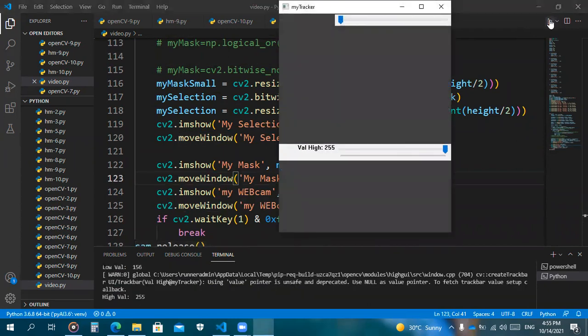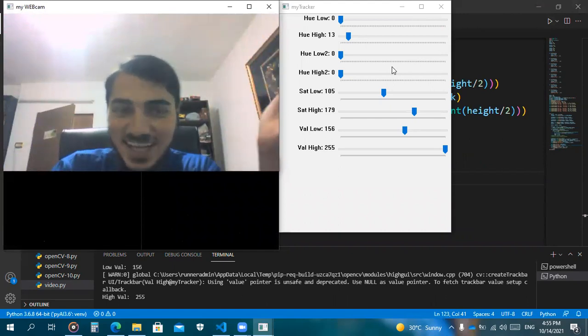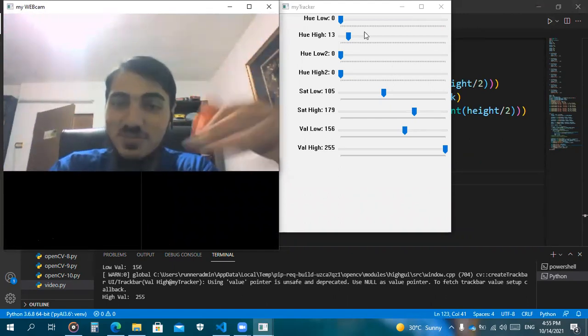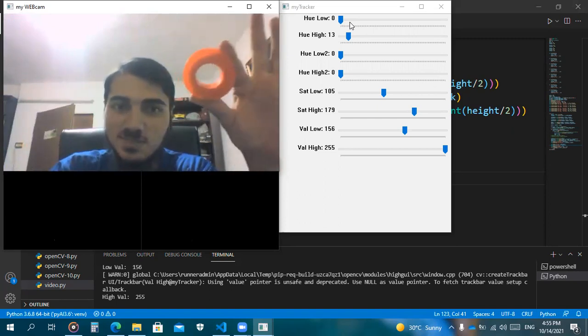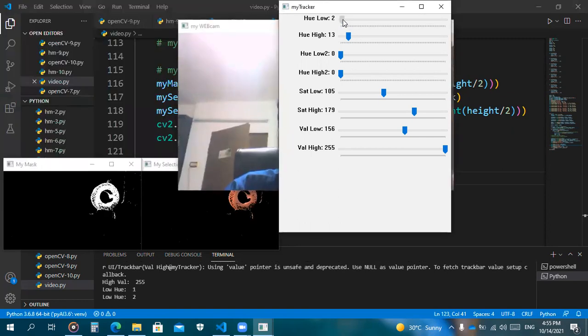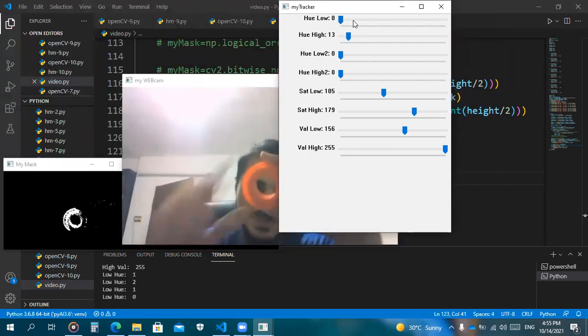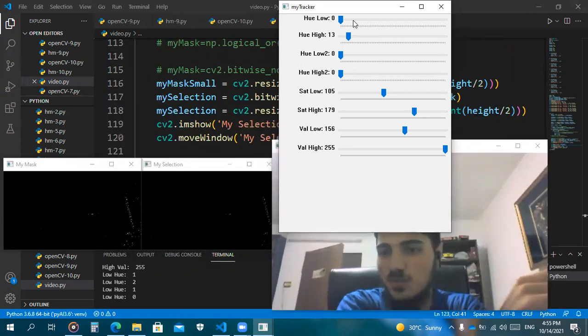So if I run the code, oh, hello, how are you? And I have some problems. I don't know why, for some reason it can't track my object until I played with the HSV. Okay, if you see, it's working, if I move to the,